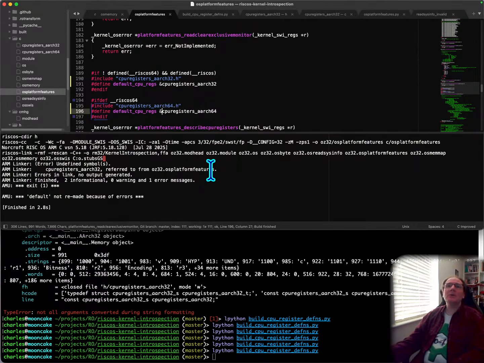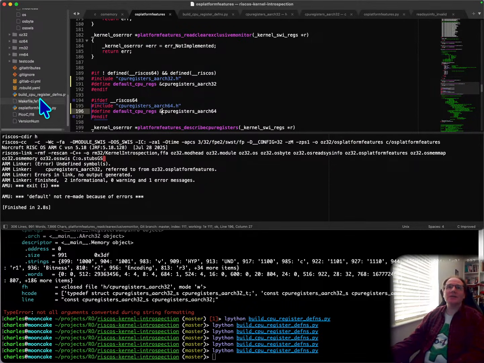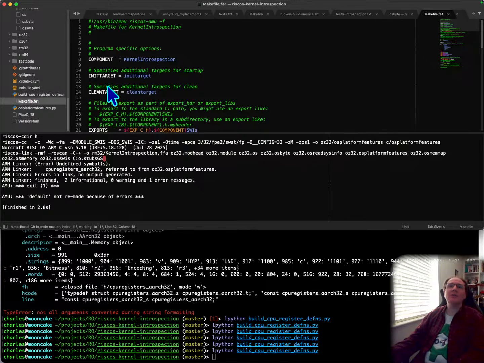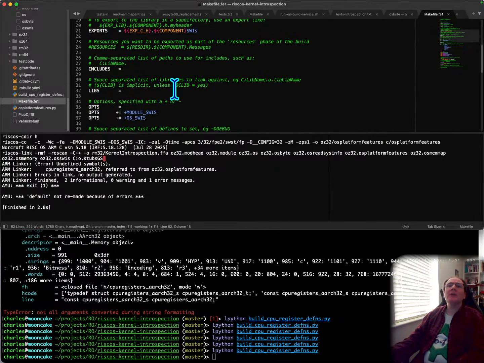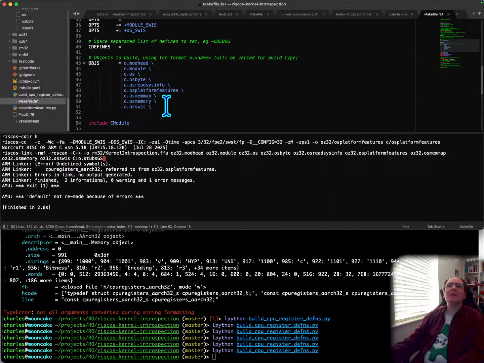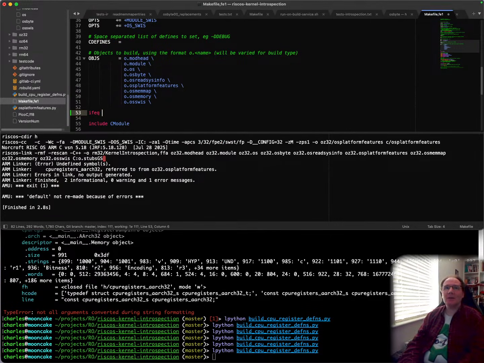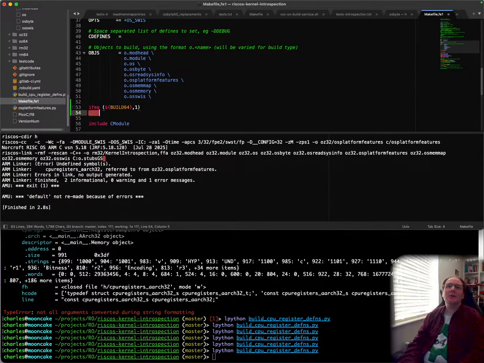That appears to have worked. Well, worked in the sense of it can link to it, but it hasn't actually done so yet. So all we need to do in here is to add in: if ec, build 64 one, obj plus equals